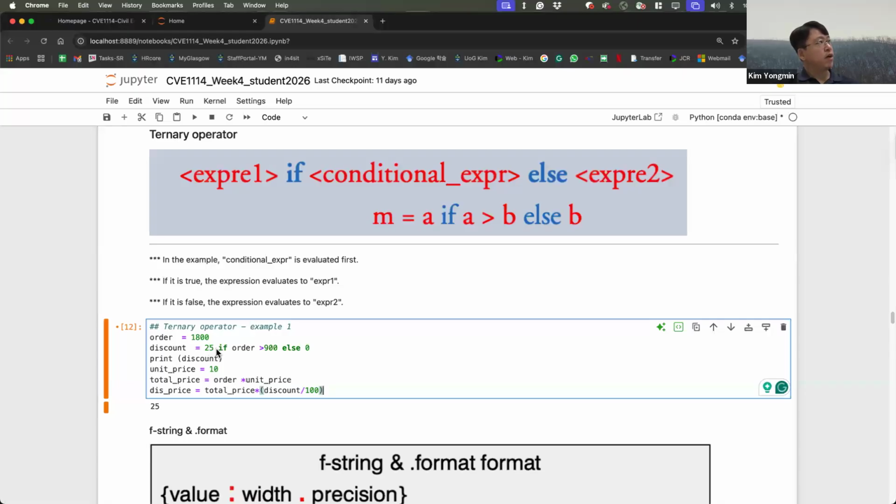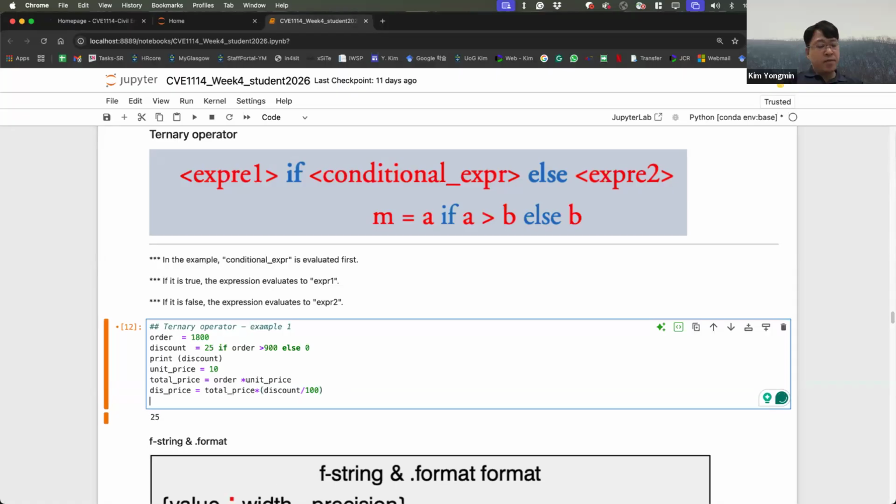Now it's probably 25. 25 came here and then 0.25, which means 25% discount times total price. And then my payment, total payment: total price minus discount price.